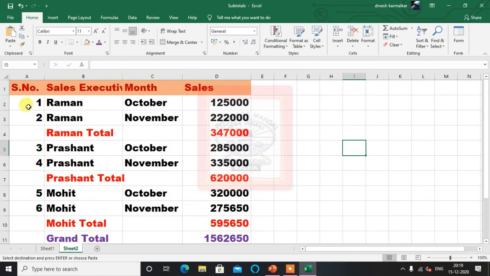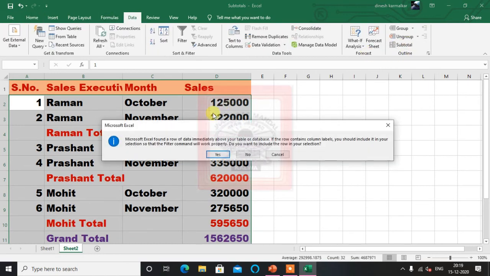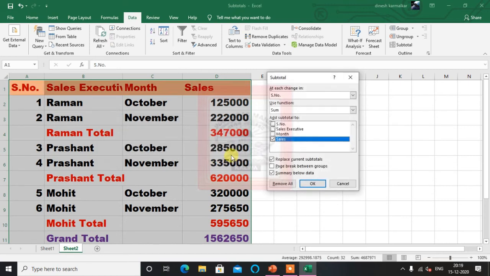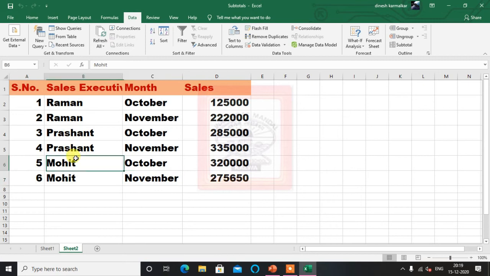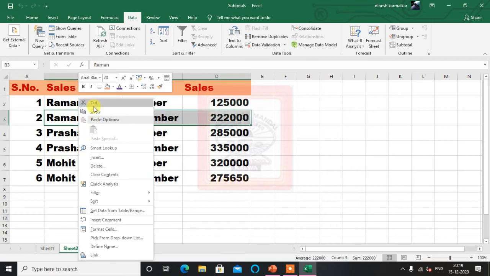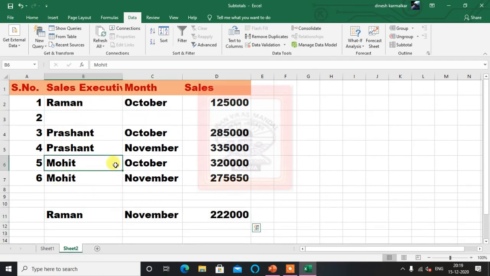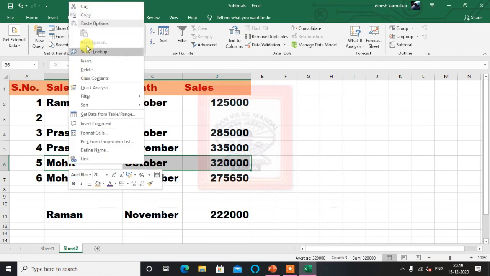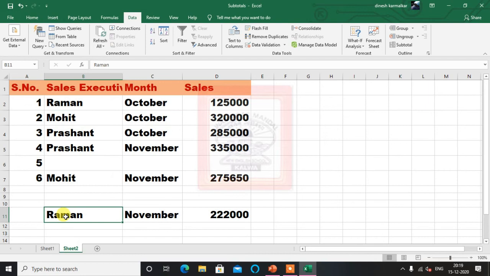Let's remove the subtotal from here. So this is the data. Now in this I will keep the month wise data. So I will remove this cut, and I will put this Mohit's. Now I will keep only month wise here.